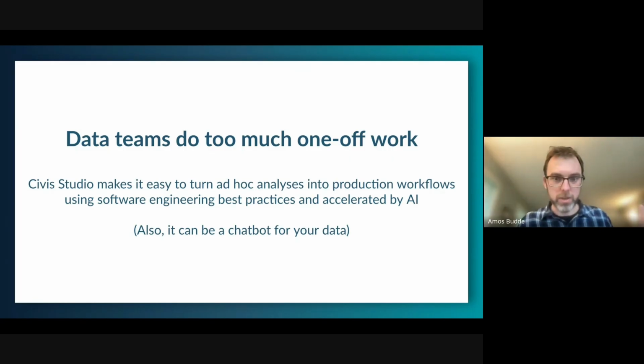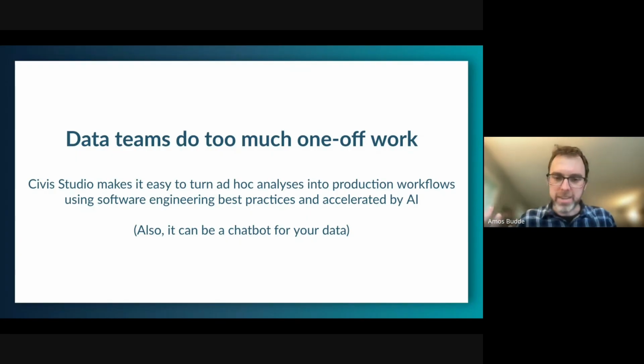Or questions around why do these 2 numbers disagree? Or if you're building a dashboard or a machine learning model or another data product, feeling like you have to start from scratch. Maybe there's a common data model that you want to work from, but it doesn't have exactly what you want, or you don't know how things were built, so you have to start over.